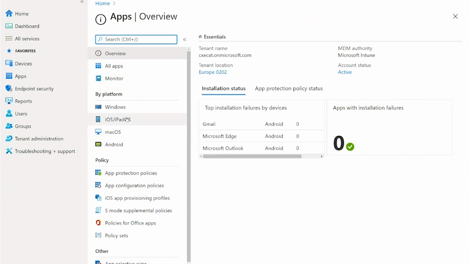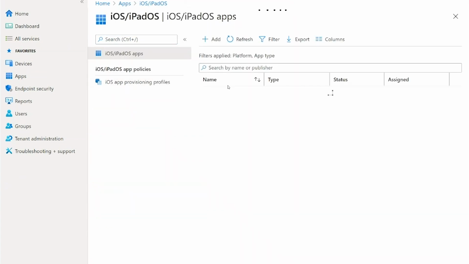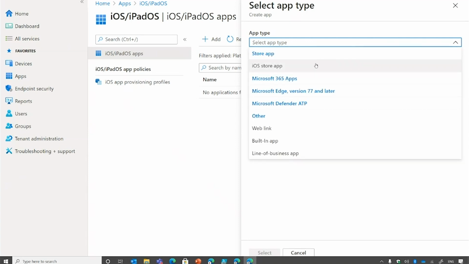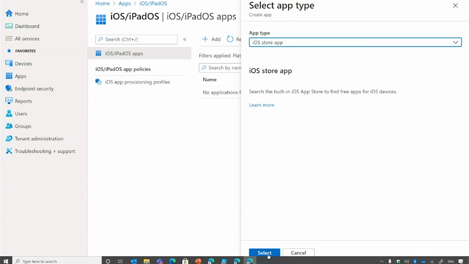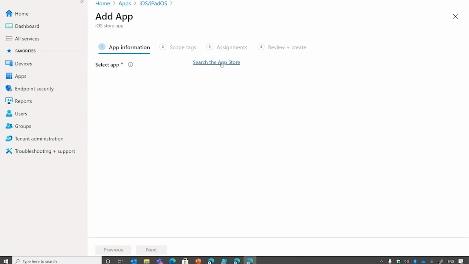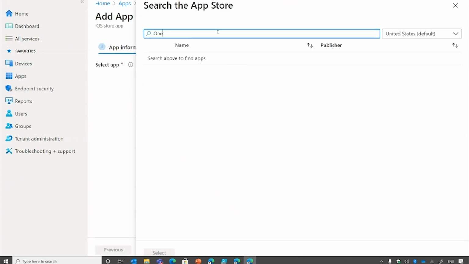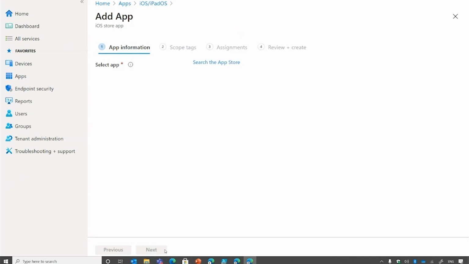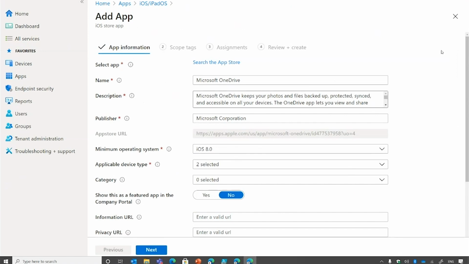And since Garen needs to add OneDrive for iPads, he'll start off by searching App Store, click on Select, and search the App Store for OneDrive. Once he clicks on Select, the app information is already there.